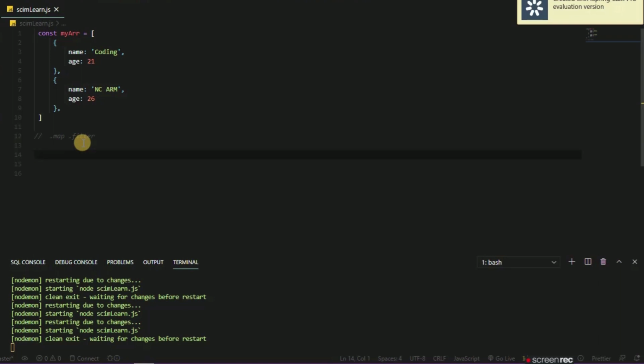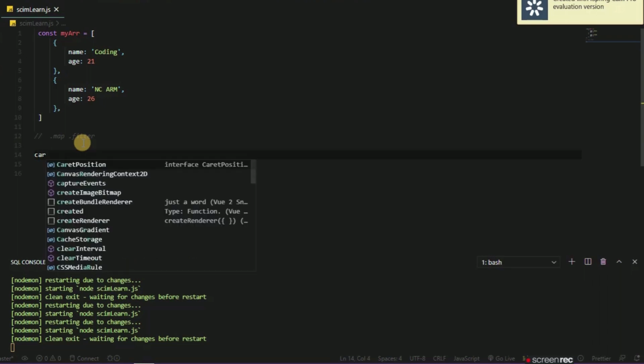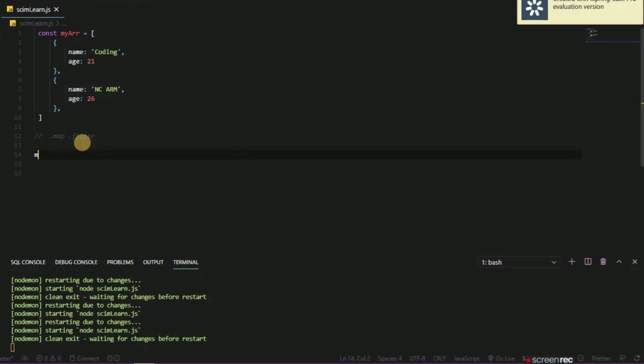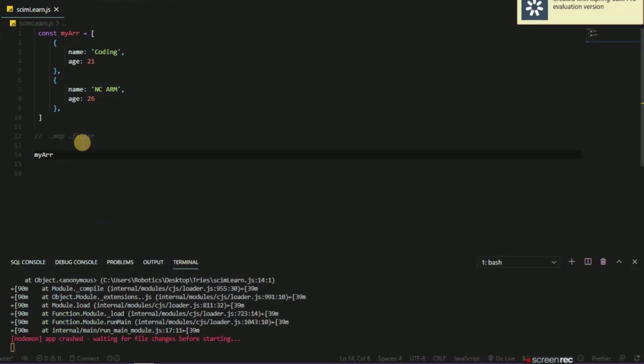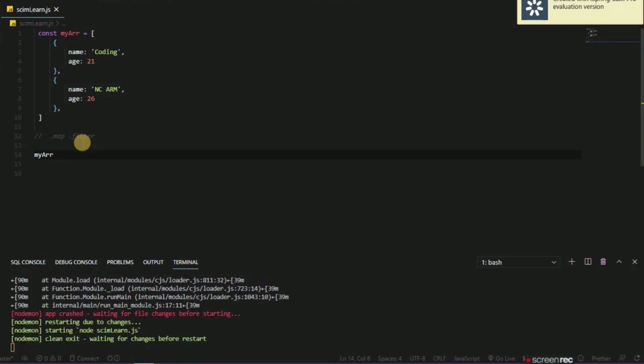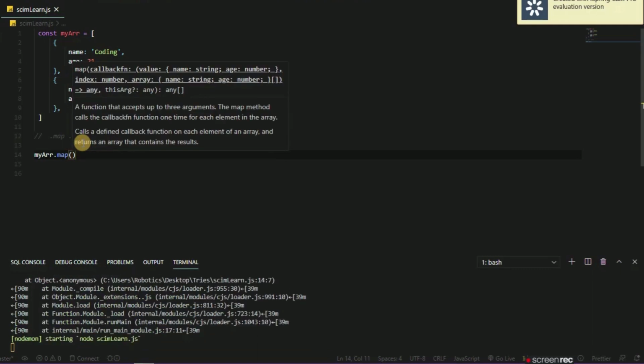It's very similar to your for loops, just cleaner and nicer. How it works is that I just call my array name and I say .map. Now, .map is a function actually,